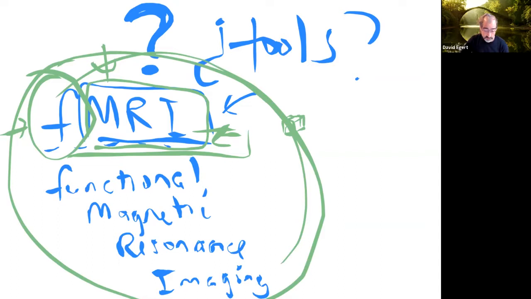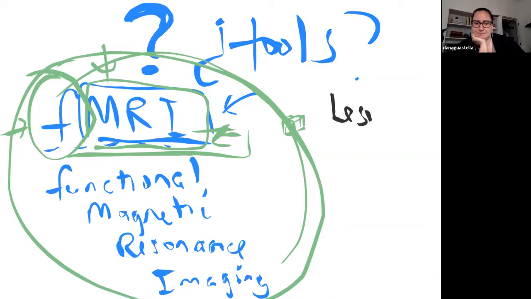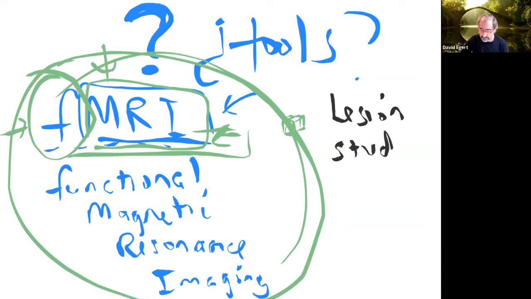What are other tools? Surgically, like post-stroke, when they're getting a surgery to try and repair the area to see if it still works. So what we call lesion studies. Lesion studies go back a long time, hundreds and hundreds of years or even more. But lesions are just tissue damage. So if there is tissue damage, and it could be from a stroke, traumatic brain injury, whatever reason,